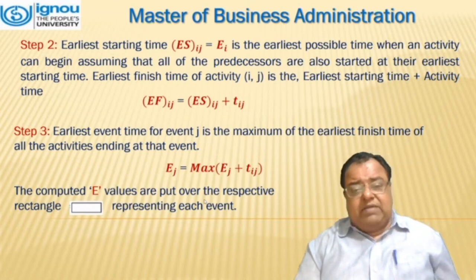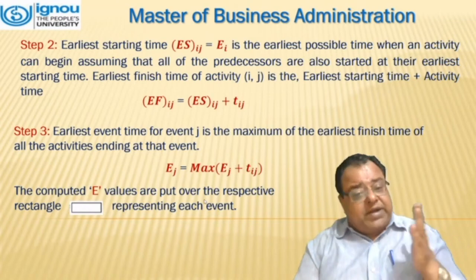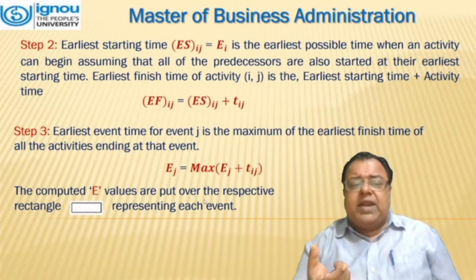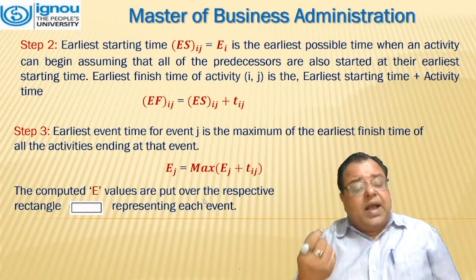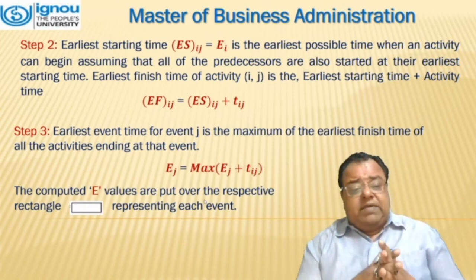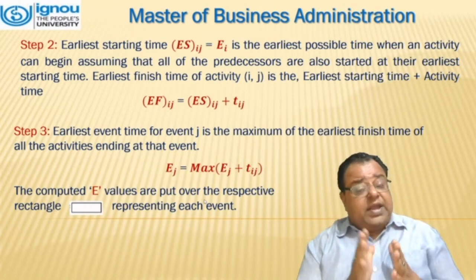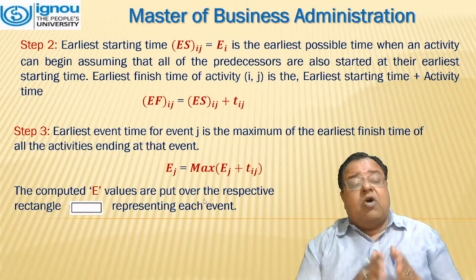The earliest finish time of the activity is the earliest starting time plus the activity time. So mathematically we can write it as EF(ij) = ES(ij) + T(ij). Step 3: the earliest event time for event j is the maximum of the earliest finish time of the activity